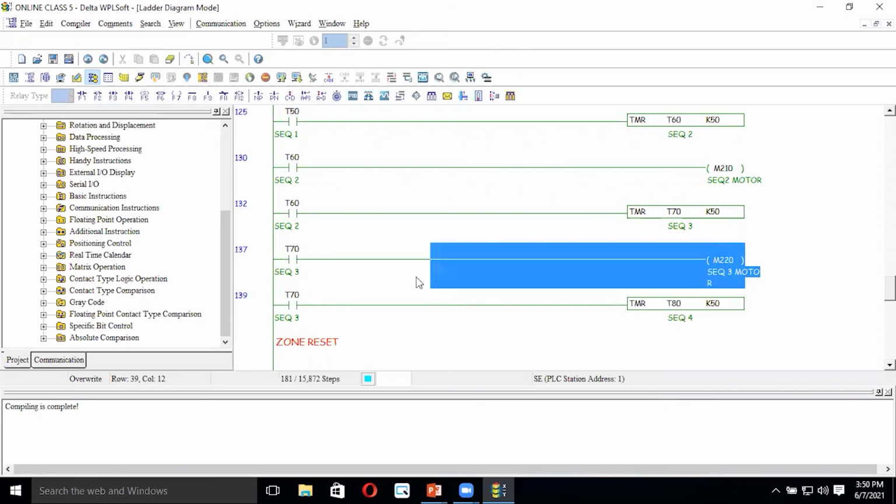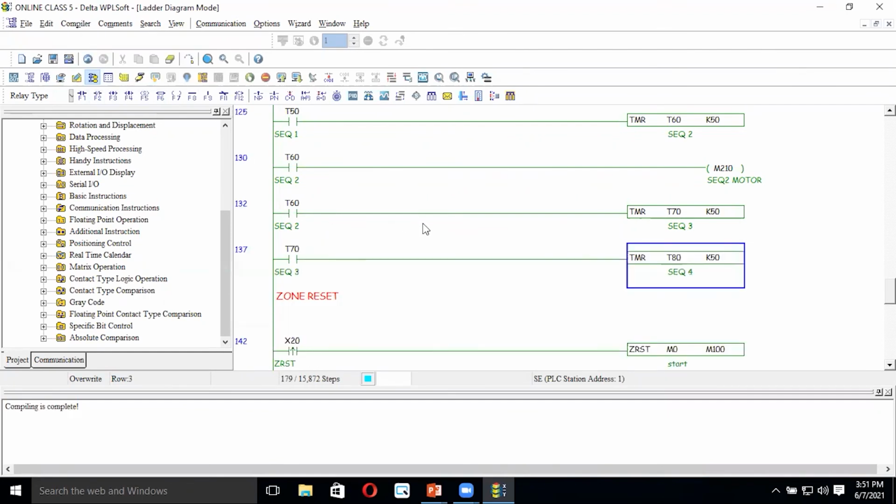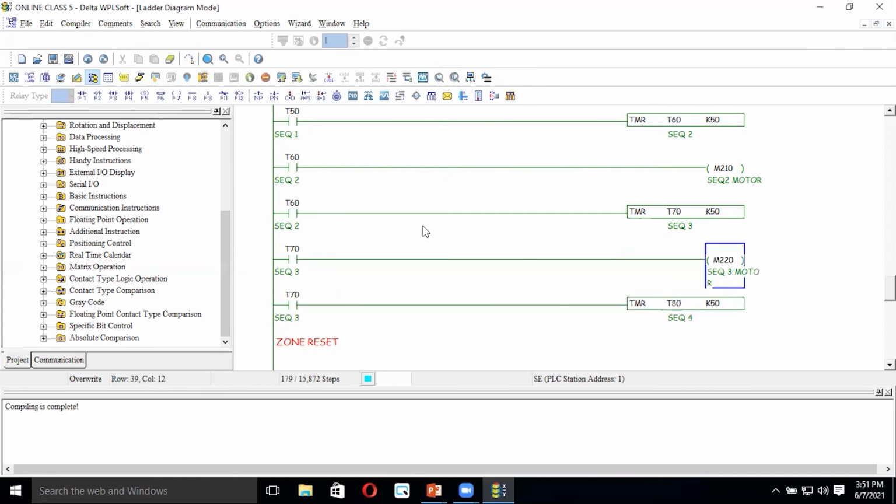If the line is not complete, and I give the compile, it will automatically delete the line. Nothing shows up, but it automatically deletes the line. You can see it. So these are some basic rules. Apart from the 6 basic rules, these are some input methods we are using.